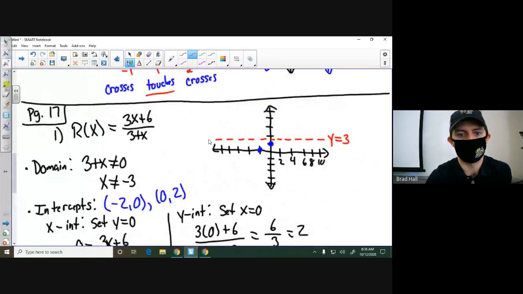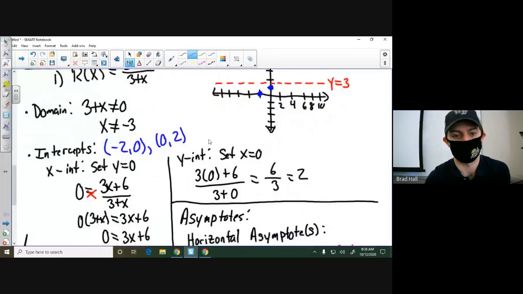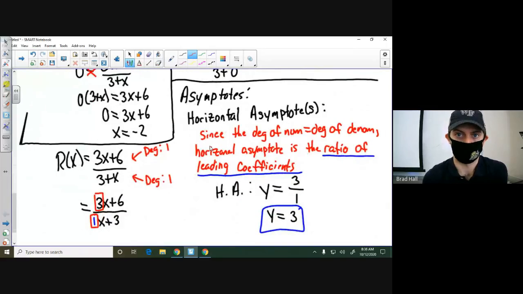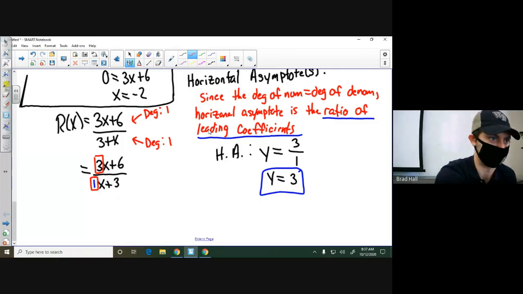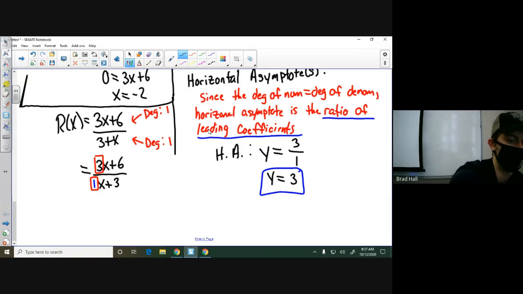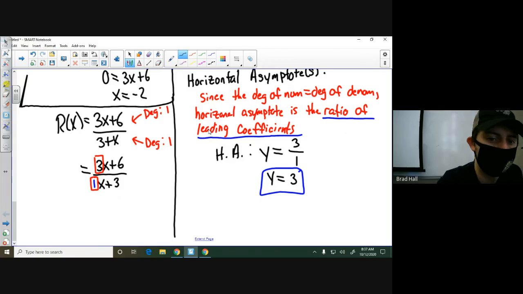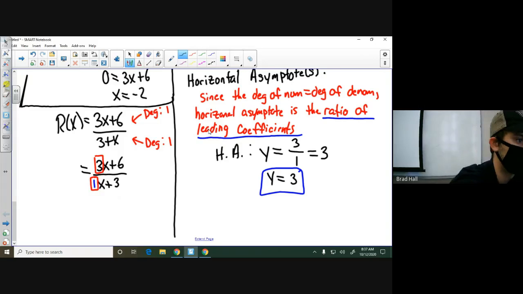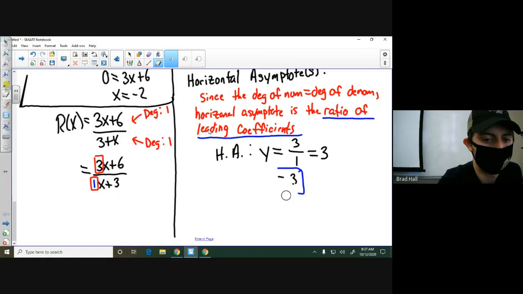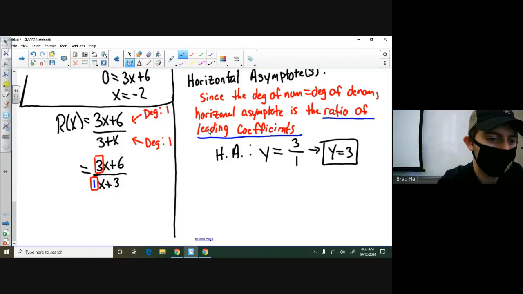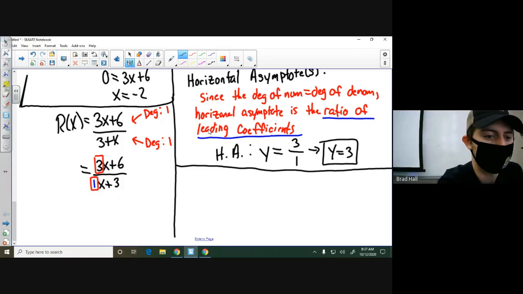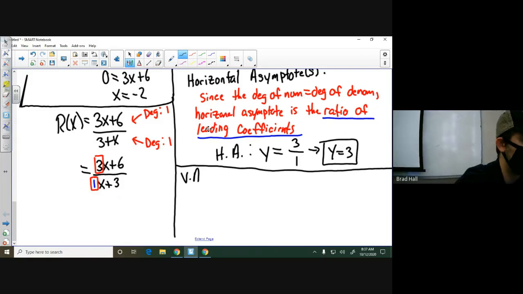So let's go ahead and scroll back down. We'll scroll back up to the graph in a bit here, because there's still another type of asymptote to define. There's also the vertical asymptote. So let's put this over here. In fact, let's do this. So the vertical asymptote